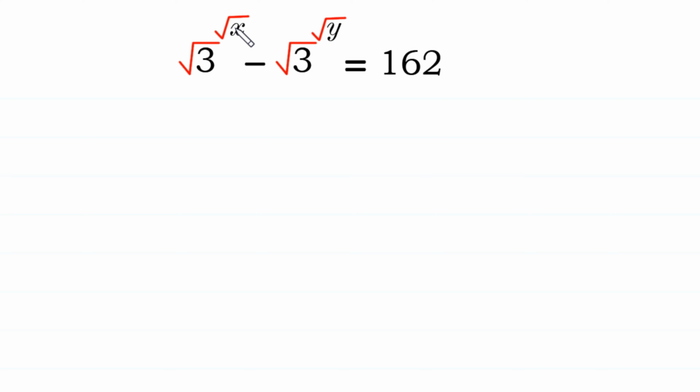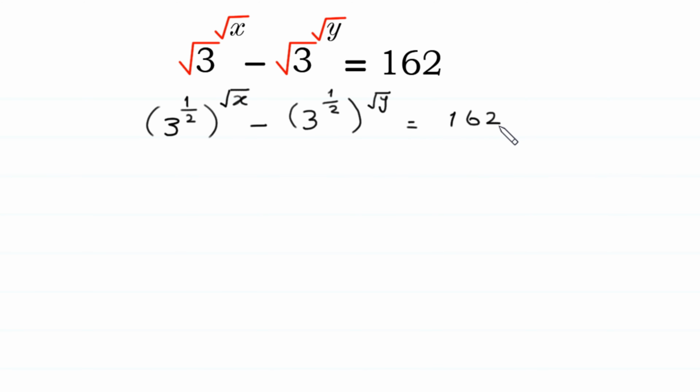Square root of 3 to the power square root of x minus square root of 3 to the power square root of y is equal to 162. We can write this square root of 3 as 3 to the power 1 over 2, whole to the power square root of x, minus 3 to the power 1 over 2, whole to the power square root of y, is equal to